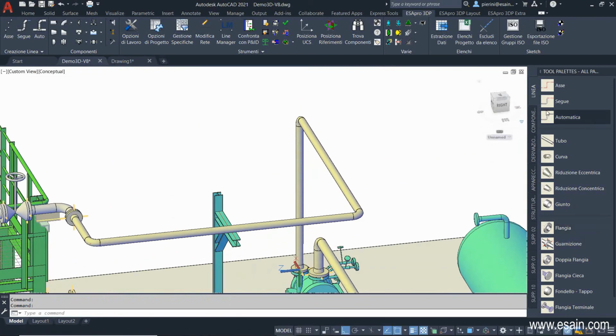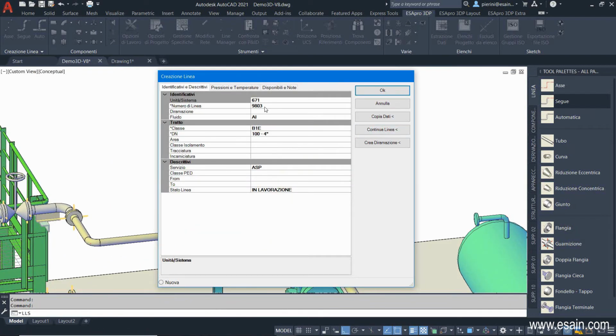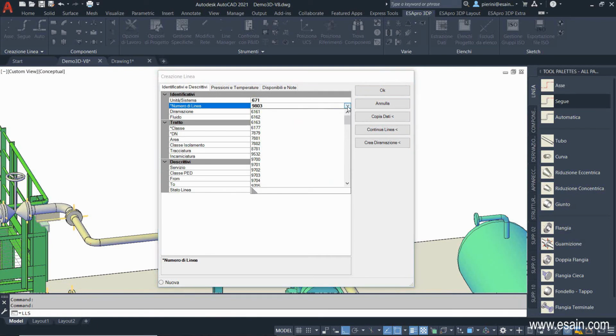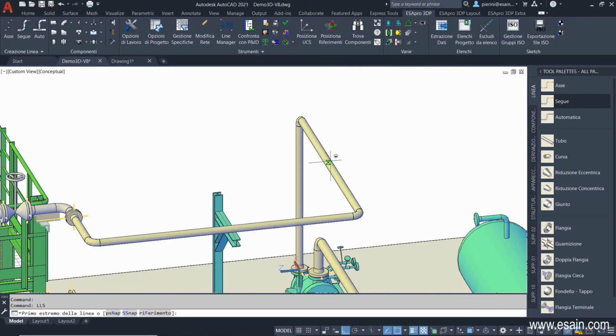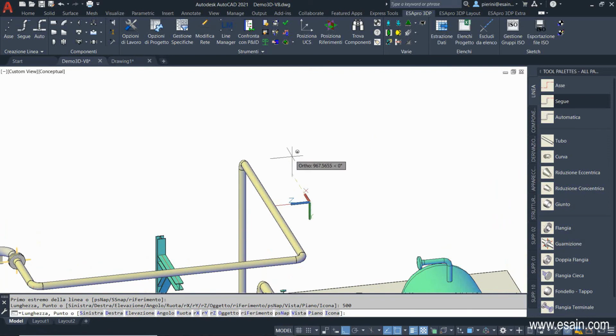Now let's see how easy it is to create and modify pipelines with Azer Pro 3D Piping. Let's draw a pipeline by typing some lengths. The line 9701 starts from an existing pipe and we type a distance, 500 millimeters, half a meter. And we go up to 1000 millimeters. The reduced T is automatically inserted because it was included in the branch table. And draw another horizontal pipe.